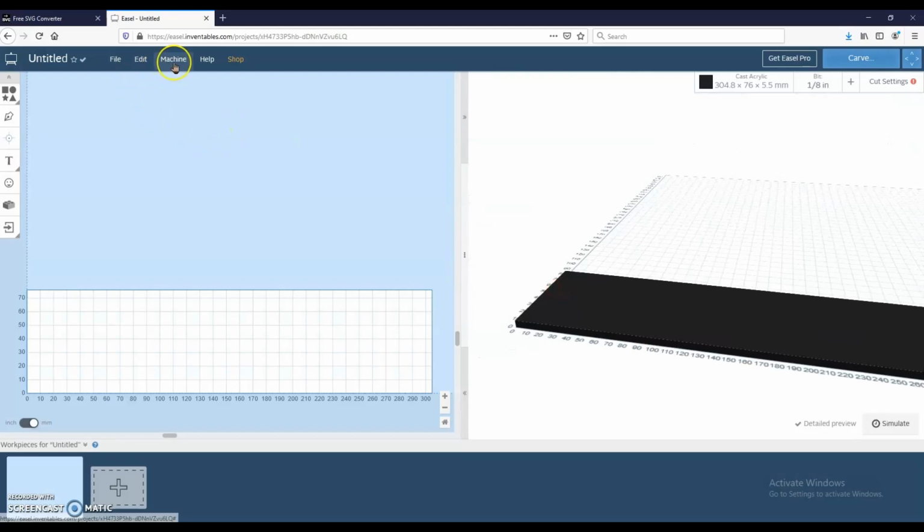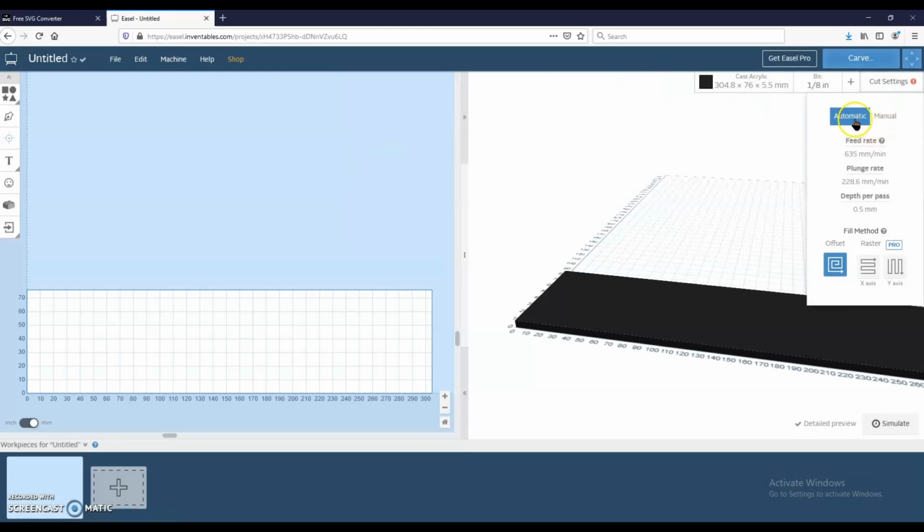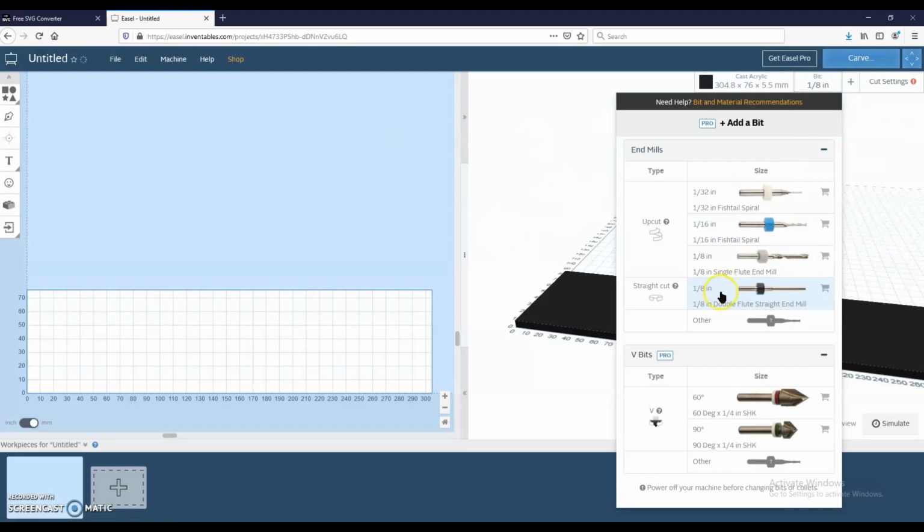And the first thing we want to make sure of in Easel is that we've got the proper machine set up. What I'm doing right now, I just have other Grbl set up here, that way it creates the proper G-code, and I'm just setting it up as a 3018. What that does is set what your cut and feed rates will be, so it automatically tells you the ideal feed rate, plunge rate, and depth per pass for that type of machine. If you click manual, you can change these yourself, but I'm going to stick to automatic for now, and we're going to stick with the 1/8 inch end mill bit,